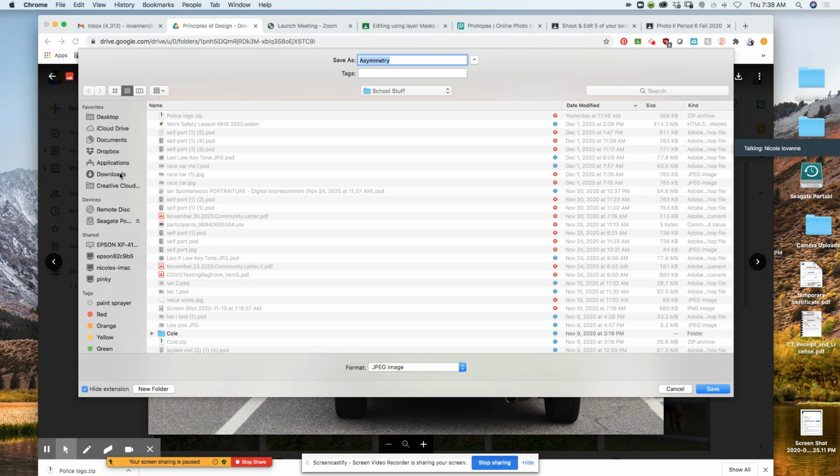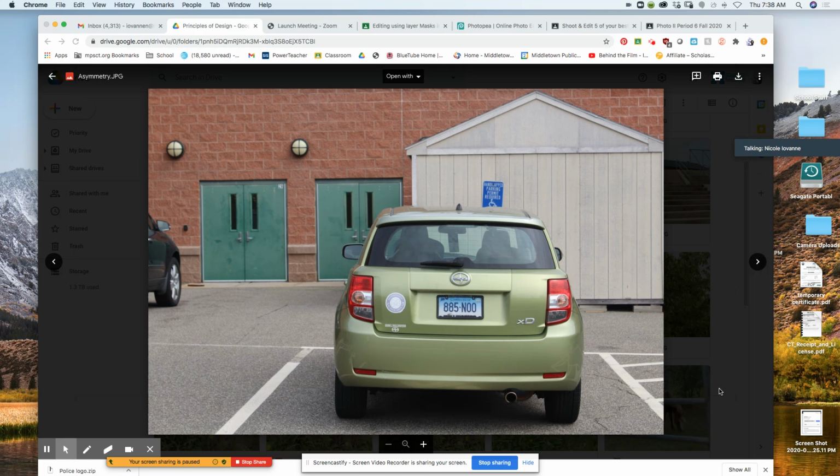However, if you guys notice, I have a school stuff folder and my work is always going into there. You can specify your work going into whatever folder you would like. Just remember where you're putting stuff so that you can retrieve it when you need to. I know that you guys on the left sidebar here probably have a folder called Pictures. That always makes sense to put it in there because obviously we're working with pictures. But otherwise, where to store your work is up to you. So I'm going to just save it in my school stuff,